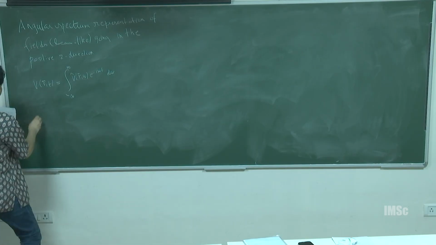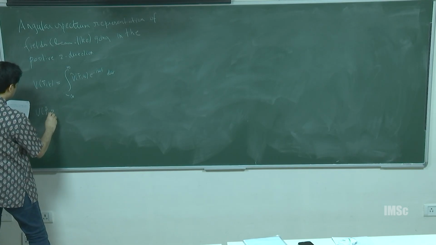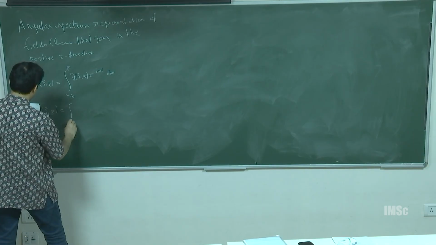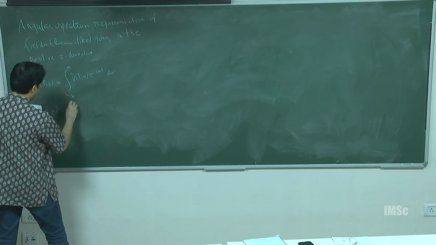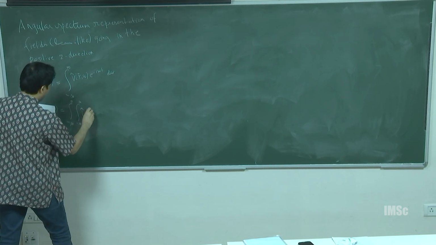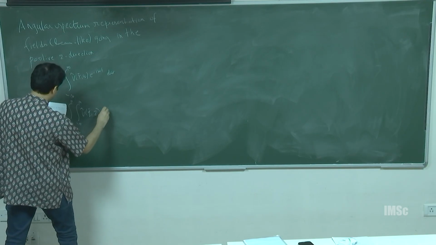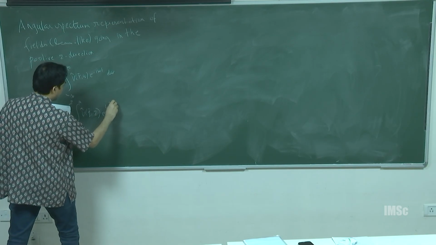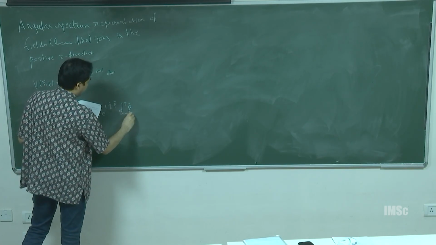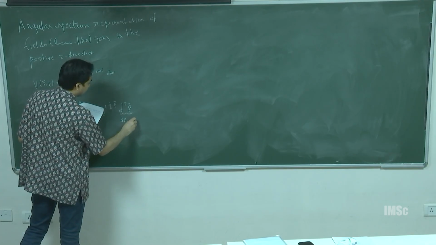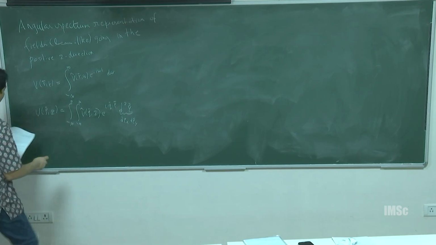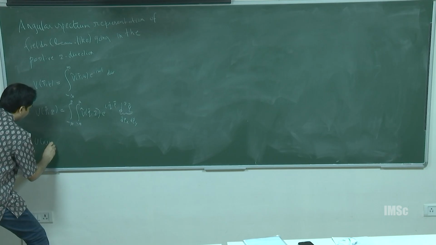So we'll assume that u of rho z is given by this, where d square q is basically dqx dqy, right? Or if you want to write explicitly in terms of x, y, and z,